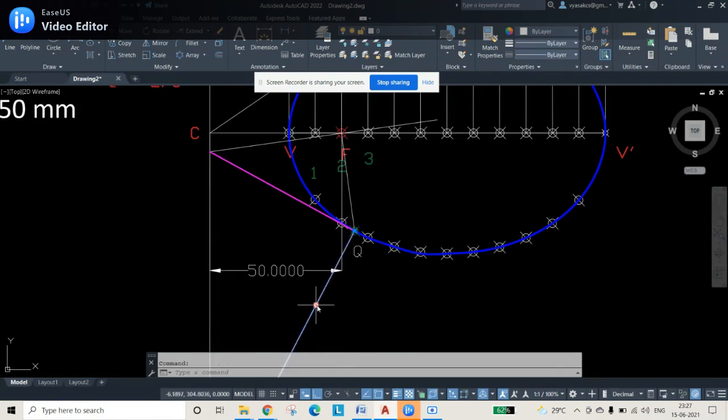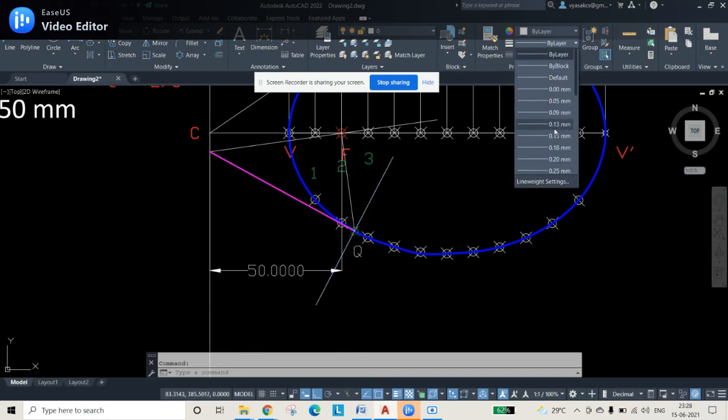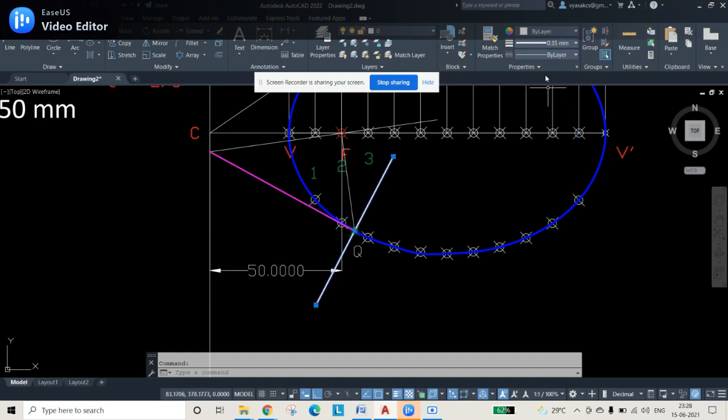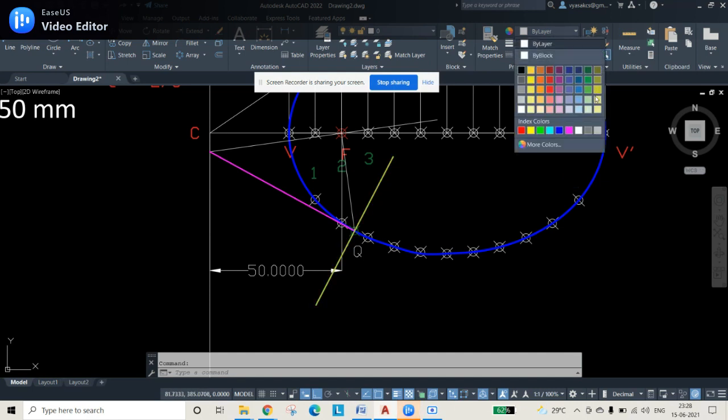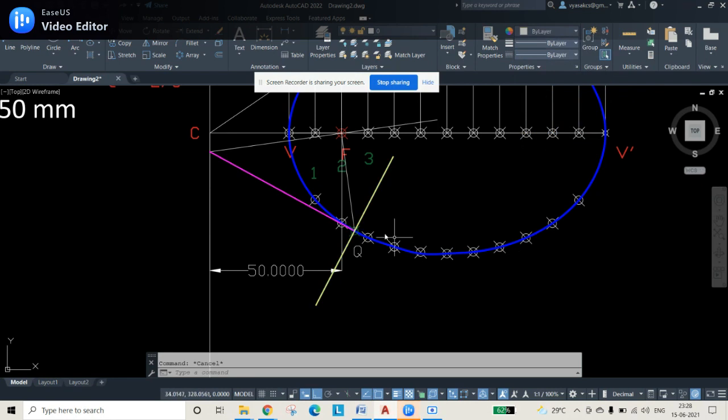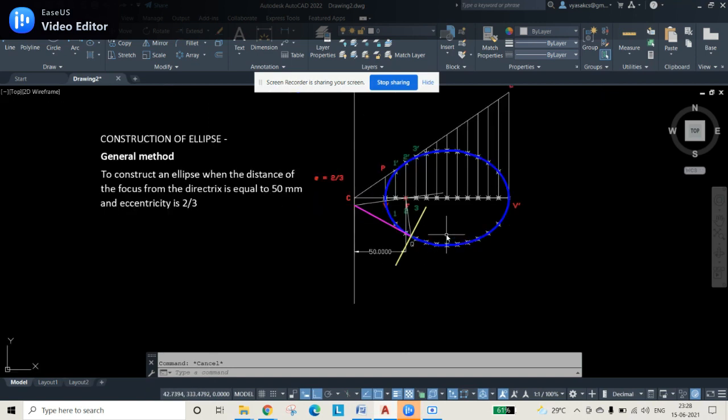Since it is not coming good, I can move it by using the midpoint moving. I'm using this move. So this becomes your normal. Some yellow color. So this yellow color line becomes your normal, and this pink color line becomes your tangent. So this is how you draw the tangent and normal.